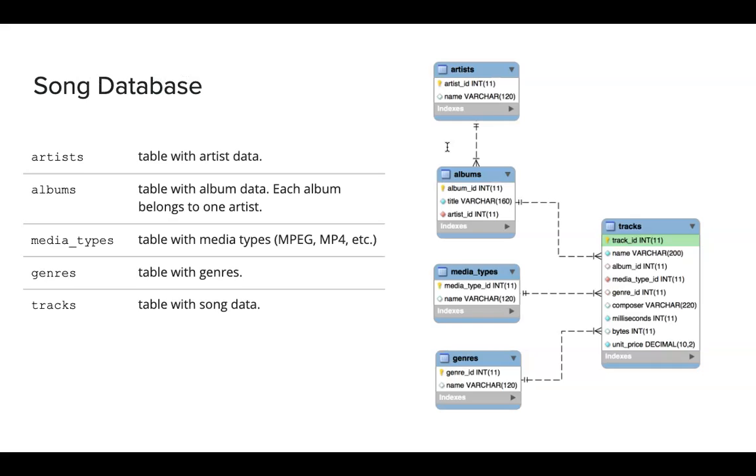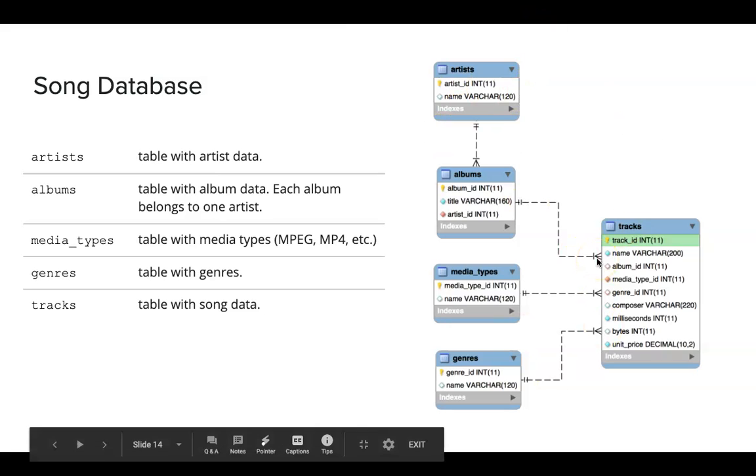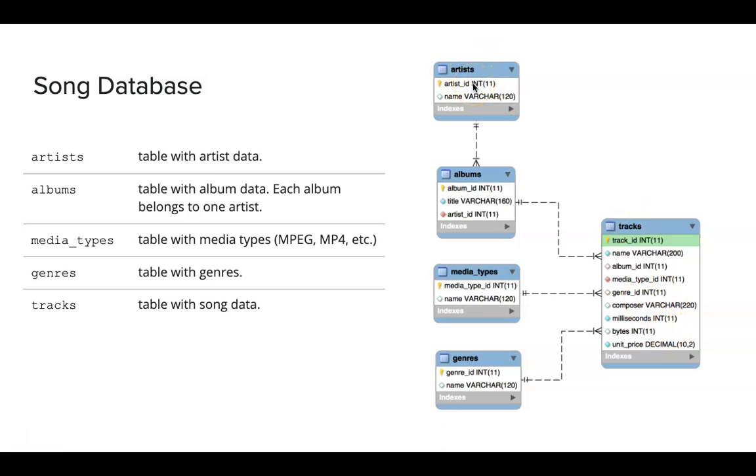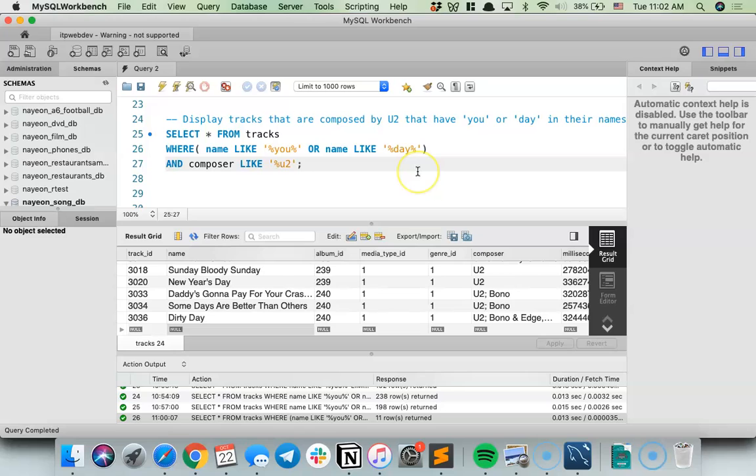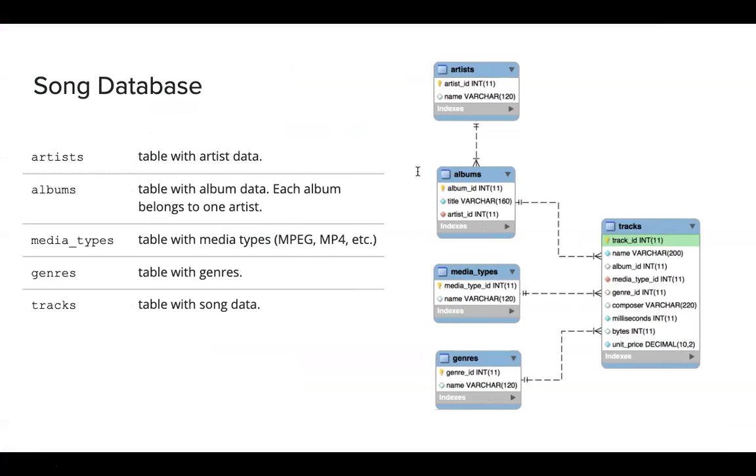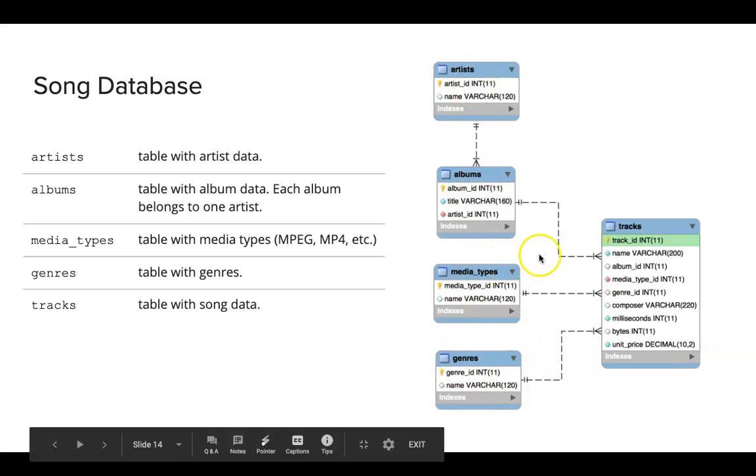Next thing we want to talk about is something called JOIN. As you can see in the song database, we have multiple tables. Again, I'm kind of reiterating here. Let's say I want to get some more information. Right now I'm only showing tracks information, which is great. But eventually I don't want to only see tracks information. I also want the artist information, or the album information, or media type, genre, and so forth.